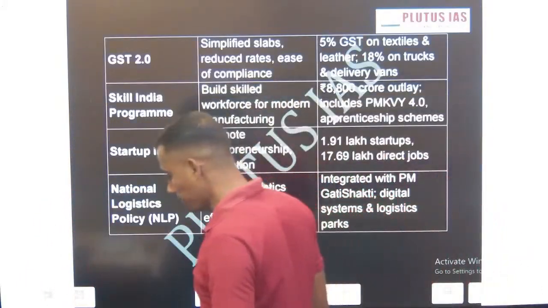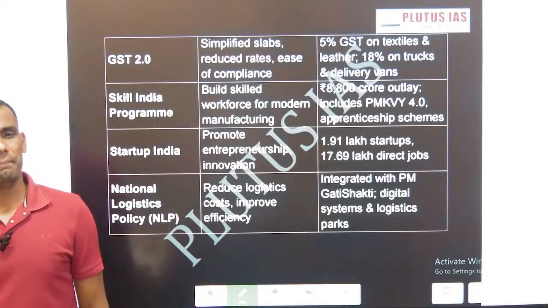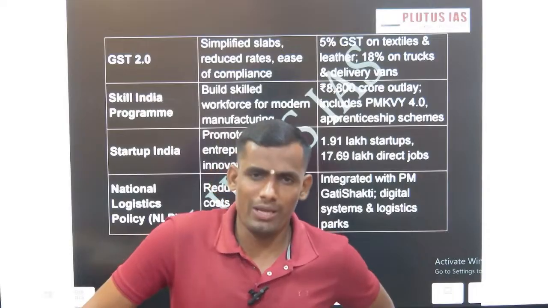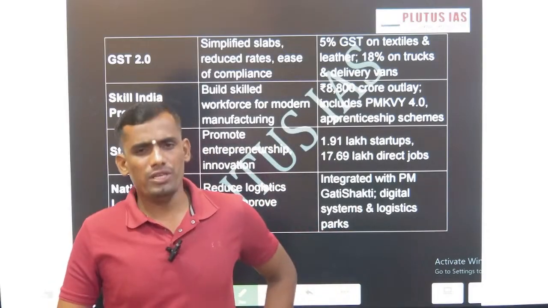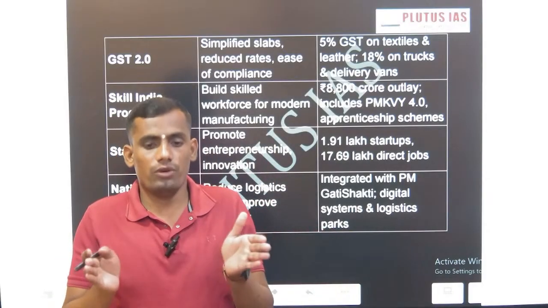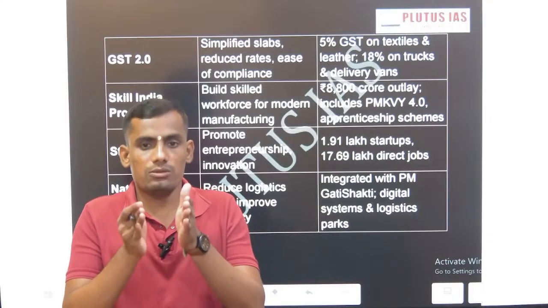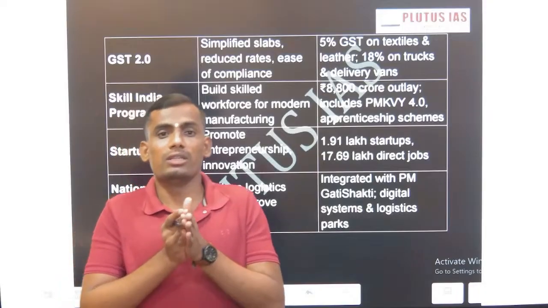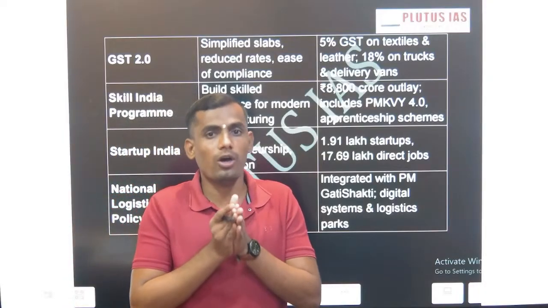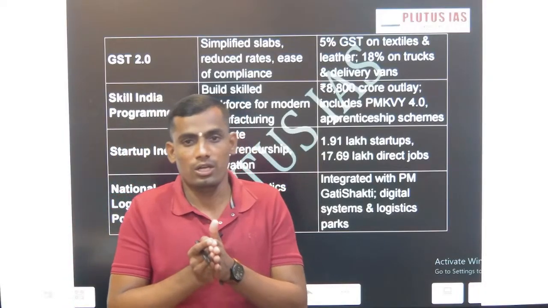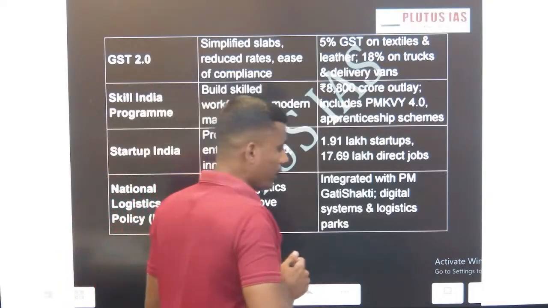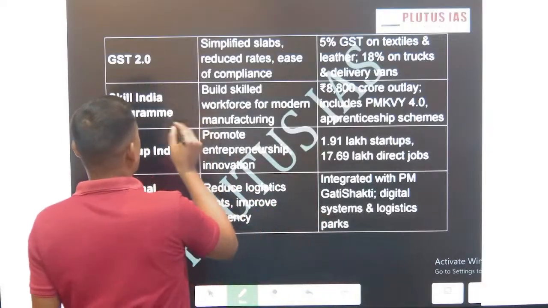Despite these policies, there are n number of challenges the manufacturing sector is facing. That's why our manufacturing sector's waist has become very weak. When an individual's body core is weak, it is very difficult for him or her to stand on their own feet. So we are going to discuss what exactly the constraints are.